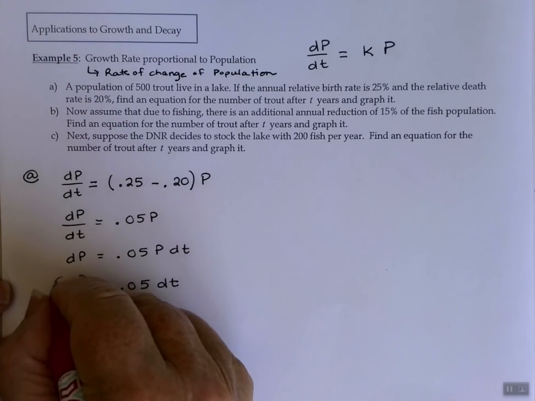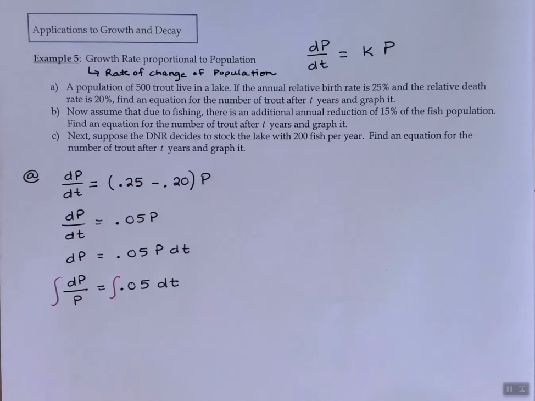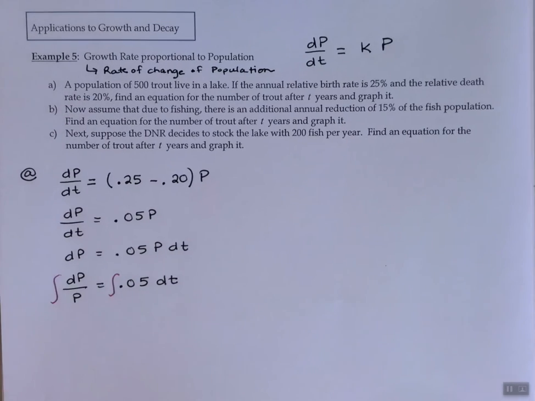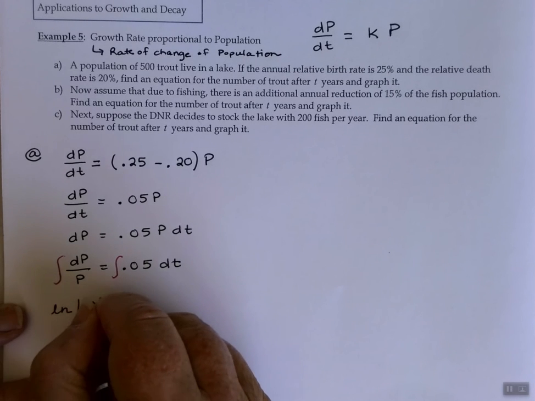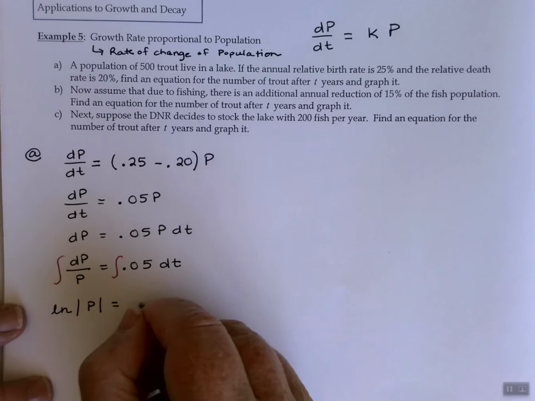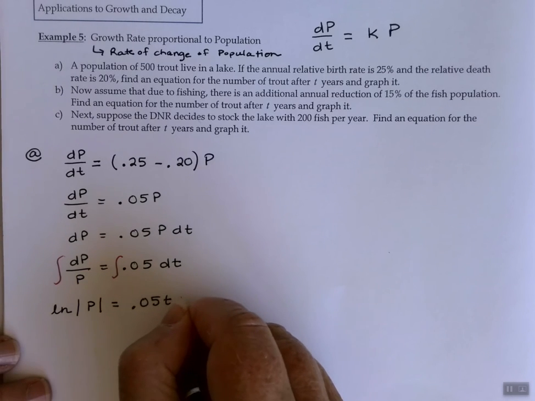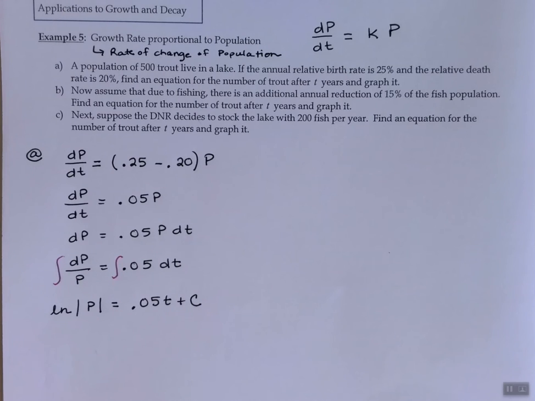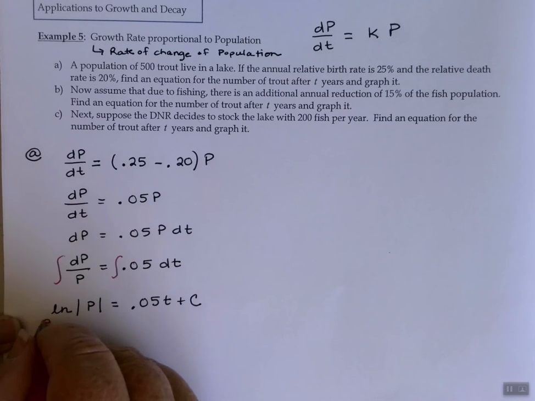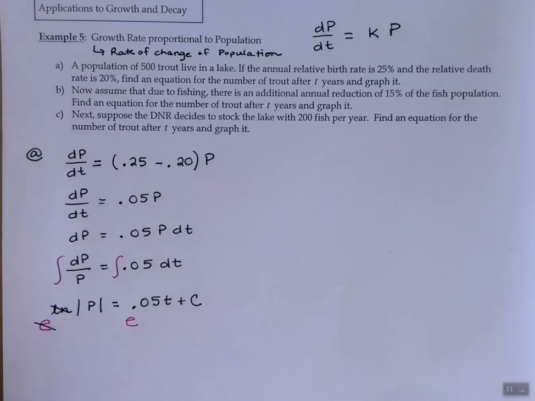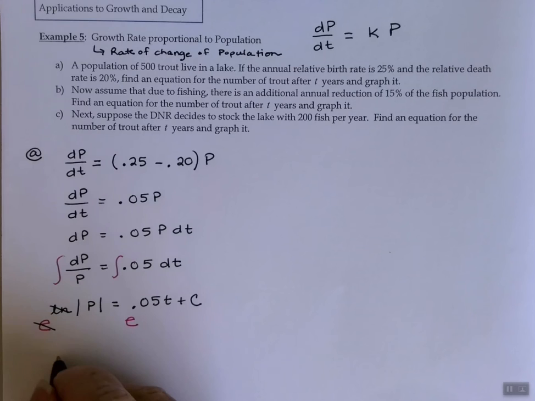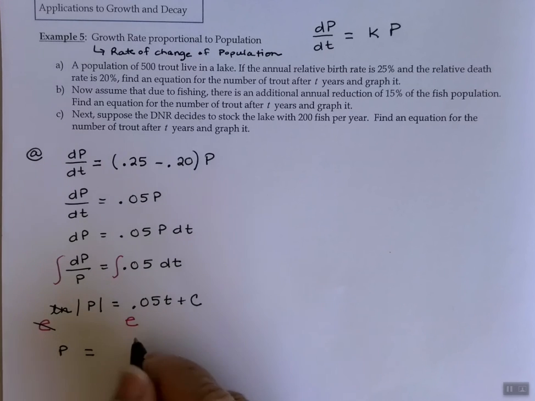We will integrate both sides, and that's really the integral of 1 over p, so that would be the natural log of p. And this would just give me 0.05t plus a constant. Again, I'd like to solve for my dependent variable, so I want to solve for p. To get rid of the ln, I would have to exponentiate base e. Let those inverses get rid of each other, and now I've just got p equals, and we're going to do